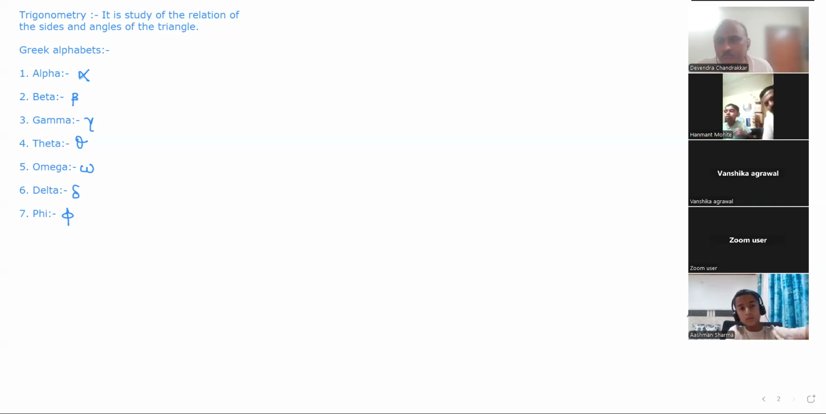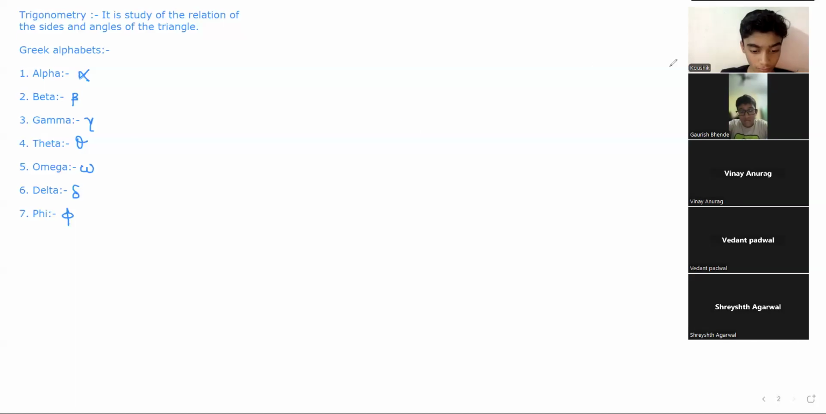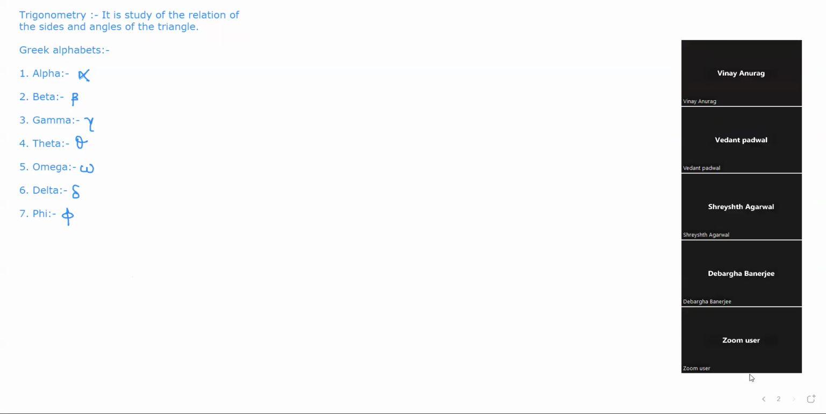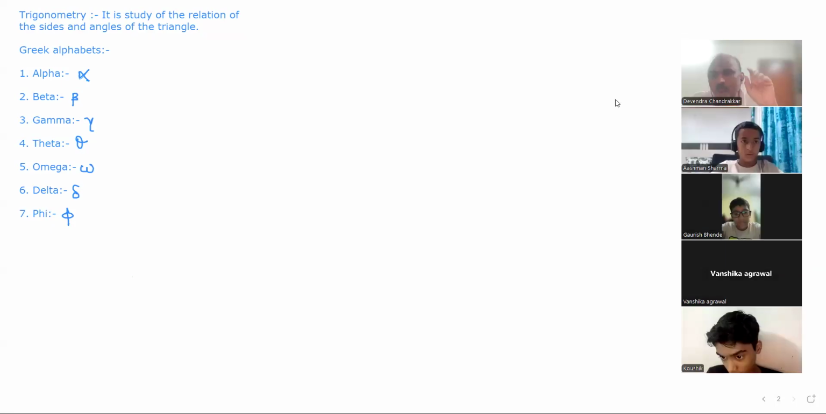ठीक है? आसमान को समझ आया कि नहीं? आसमान, गौरिश, Yes, Vinay, sir. Anurag, Vedant. Yes, sir. All of you, please switch on your camera. Good. Now,